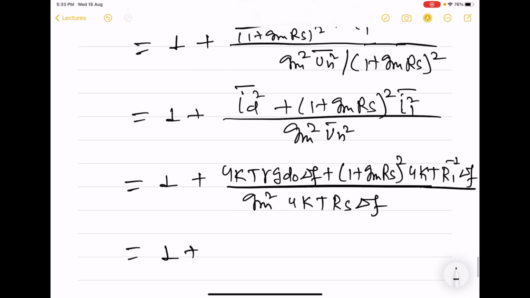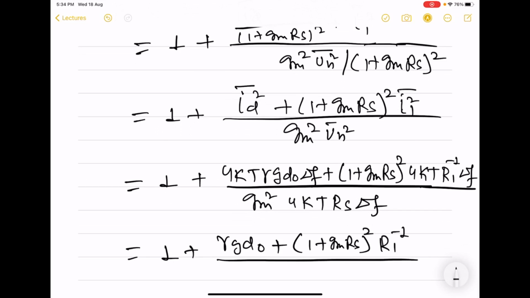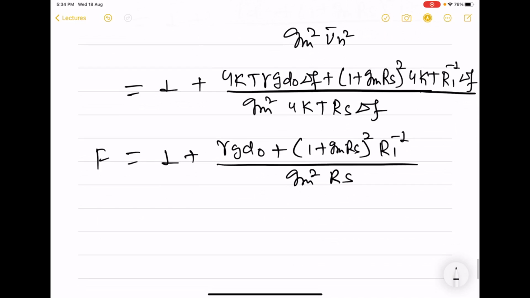Which will simplify to (gamma GD0 plus 1 plus GM RS) whole square divided by R1, whole divided by GM square RS. And this will become finally gamma GD0 divided by GM square RS